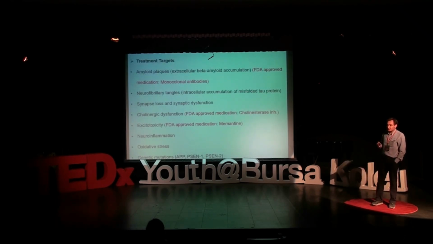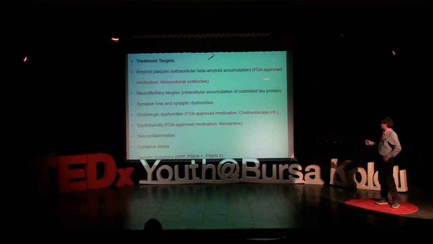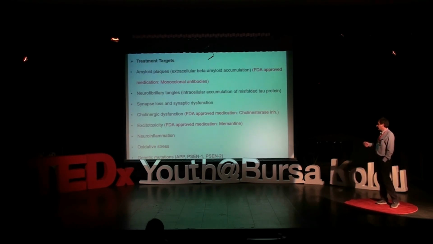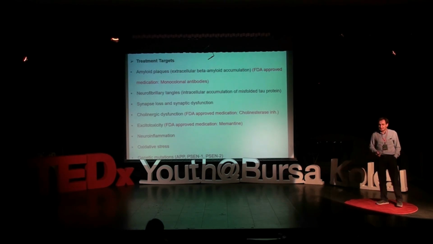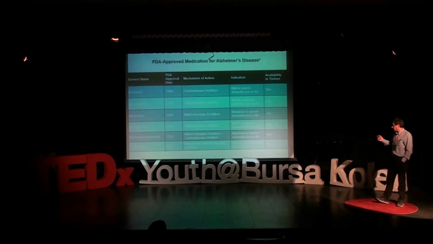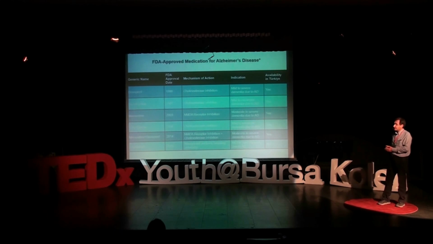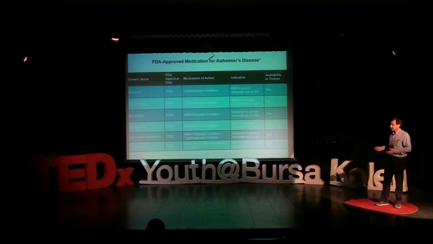And finally, the treatment. So what targets do we have currently that can be used as medication against Alzheimer's disease? One of them is FDA-approved monoclonal antibodies against amyloid beta protein. And the other is cholinergic dysfunction, FDA-approved medication, cholinesterase inhibitors. And another one is memantine, FDA-approved medication for excitotoxicity. So in this table, we can see the FDA-approved medication for Alzheimer's disease, which are currently marketed under prescription. These are